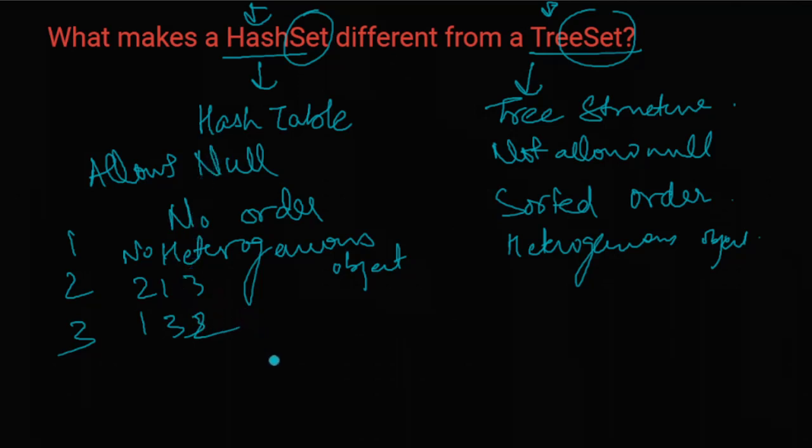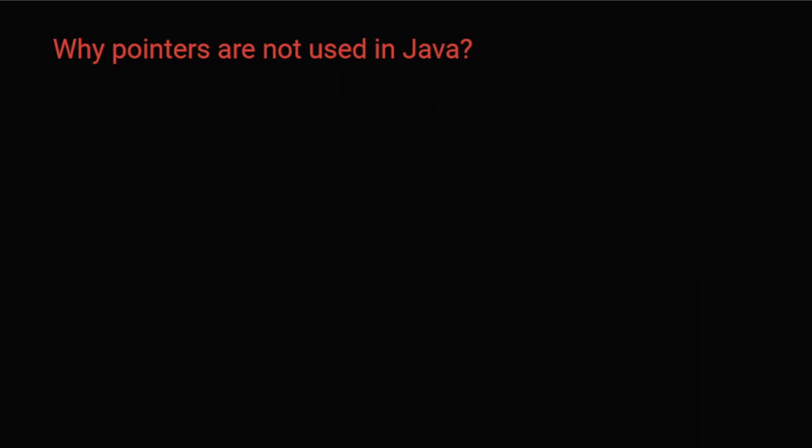Now, there's one more, that's the time complexity. The time complexity for a hash set will be order of 1, that's adding, removing, or checking whether it contains. But if you talk about this, the tree structure makes it order of log n. So this is one of the most important ones you must know. I hope this is fine. If in case there's something you feel is missing or something that's not clear, do let me know.